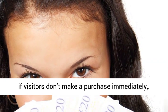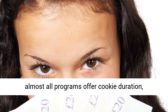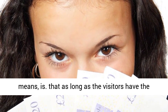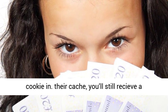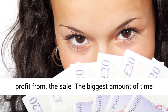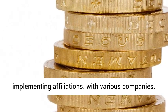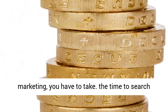Even if visitors don't make a purchase immediately, almost all programs offer cookie duration, normally consisting of 30-90 days. What this means is that as long as the visitors have the cookie in their cache, you'll still receive a profit from the sale. The biggest amount of time in maintaining your site will be searching and implementing affiliations with various companies. Even though there's a lot of money in affiliate marketing, you have to take the time to search